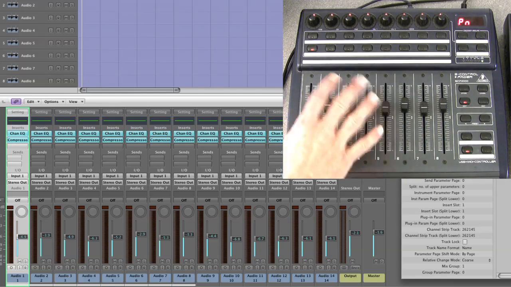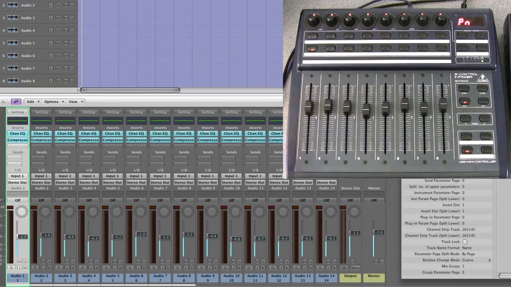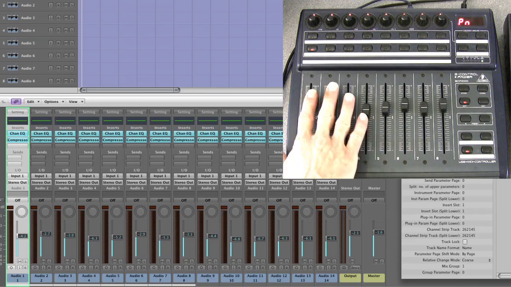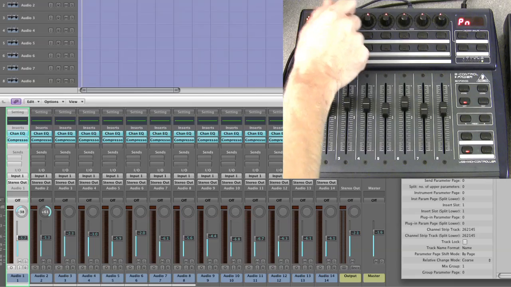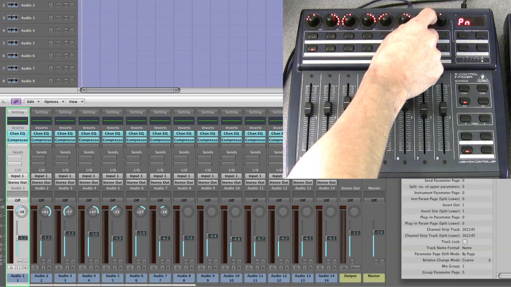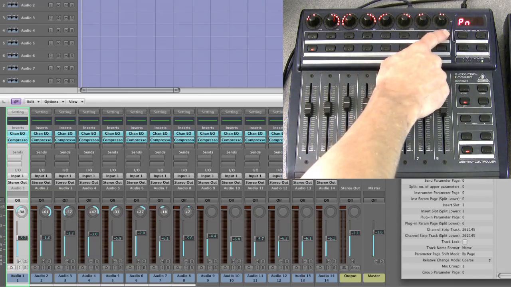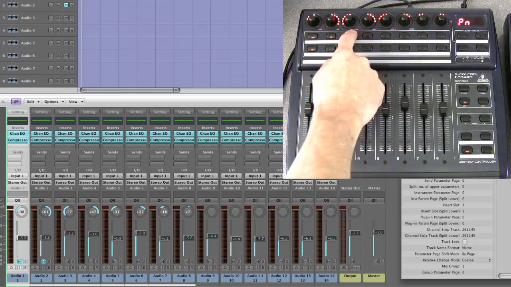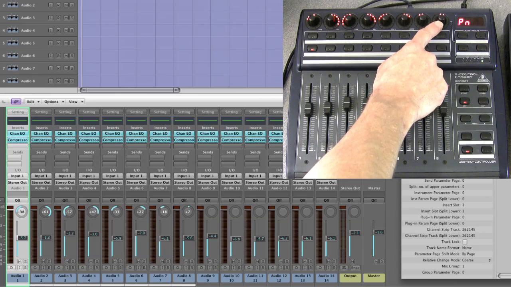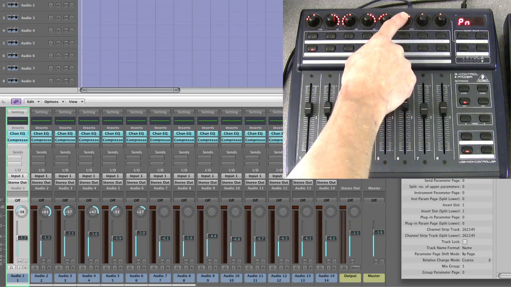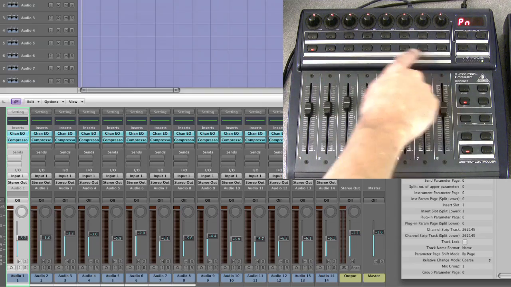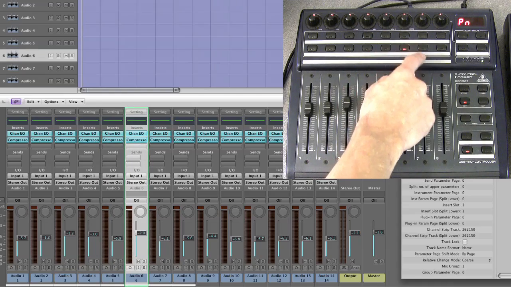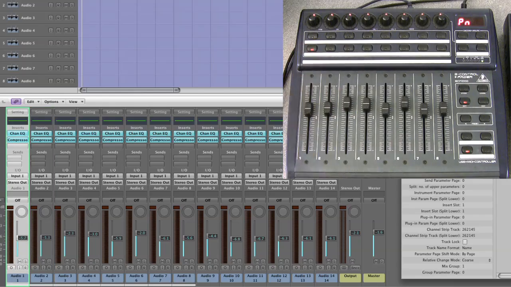Okay, so in this fader and pan mode, the default mode, basically it's for controlling your mixer basics. The faders are the faders, the pots at the top are the pan pots, like that, and the top row buttons are the mutes, like that. You can reset the pan to 0 by just pressing the pan pots, and it recenters them exactly to 0. The bottom row of buttons here is the channel select button,